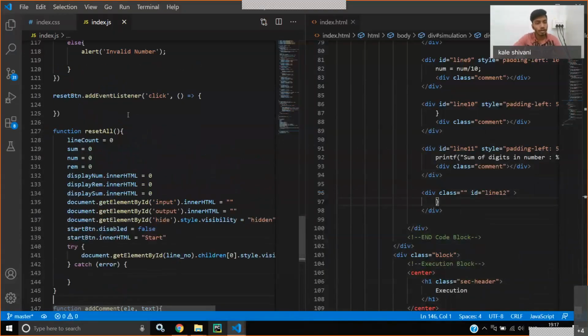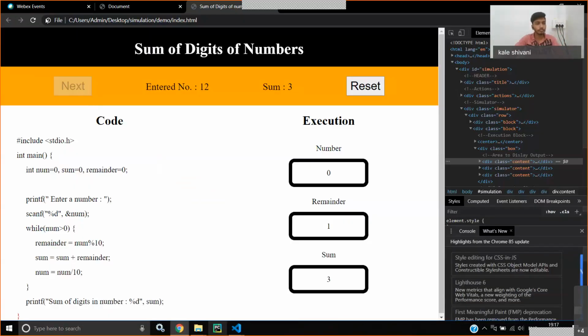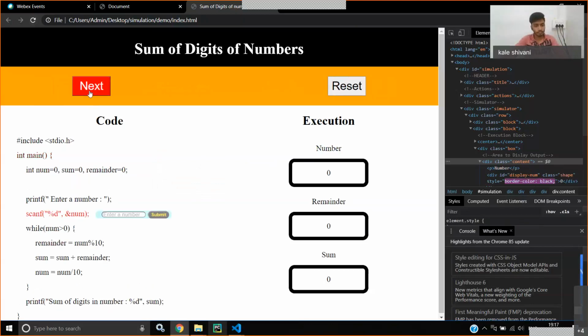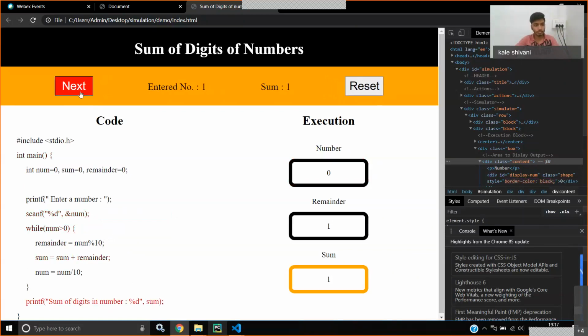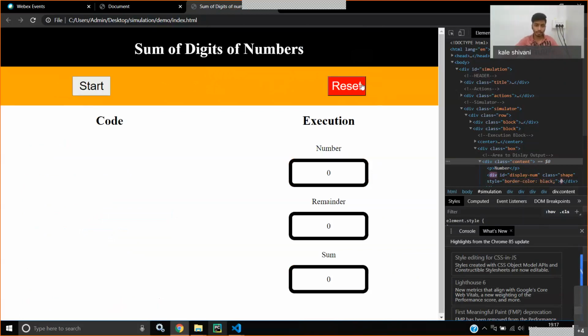Oh, sorry, I forgot to call it. Okay. So execution complete. And whenever I click reset, everything gets back to normal.